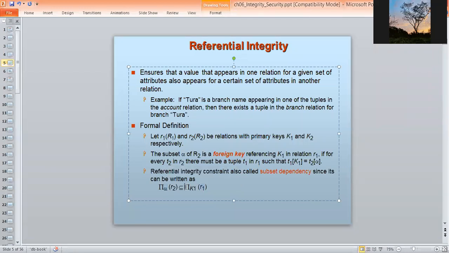If you project K1 from R1, where K1 is the primary key of relation R1, the foreign key will be a subset of that primary key. This mathematical notation indicates that: pi of alpha of R2 will be a subset of pi of K1 of R1. Is this clear?